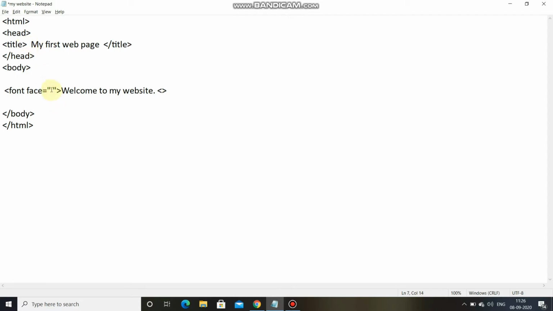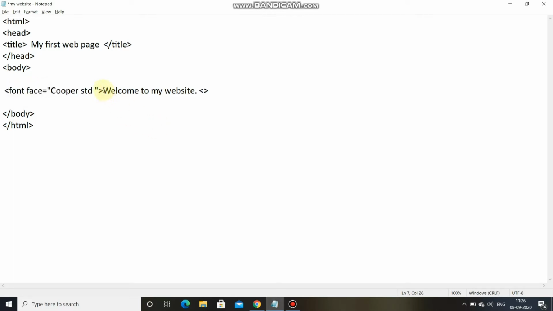Now, if I say I want Cooper STD font, this is one of the font styles, or you may know Arial Black, Arial, Calibri. These are font styles. If I want this style, this is the syntax: font face equal to Cooper STD.